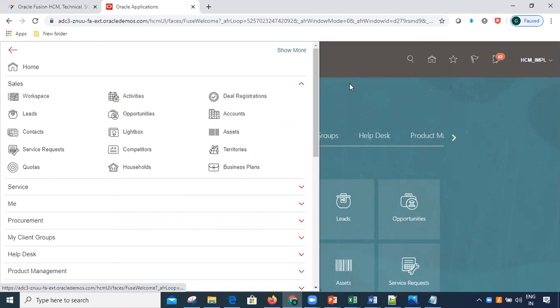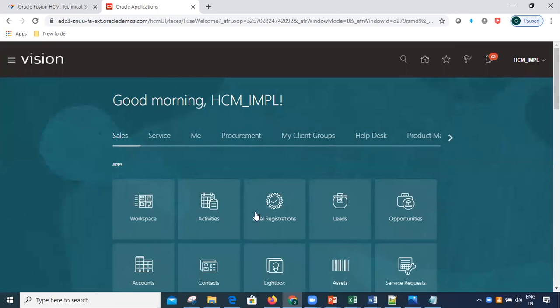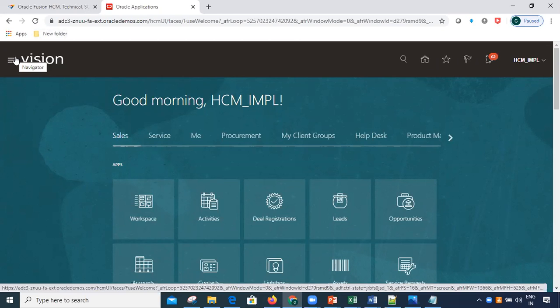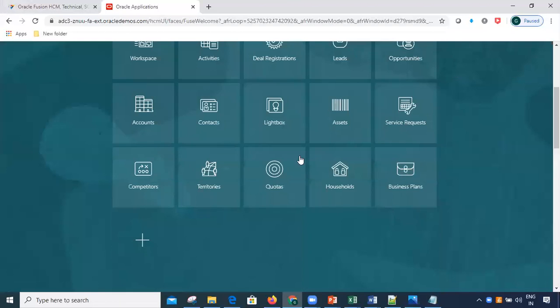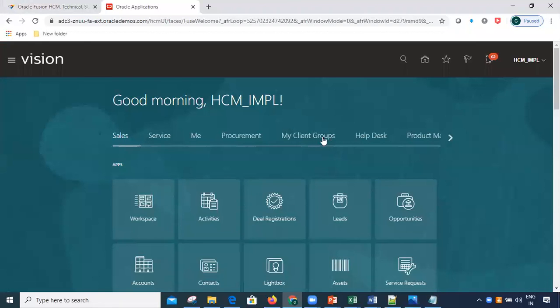Workspace, activities, deal registrations, leads. So either you can go from the Springboard or you can use the Navigator. It's up to your convenience how you are going to use the system. So this is about the Springboard and the navigation.